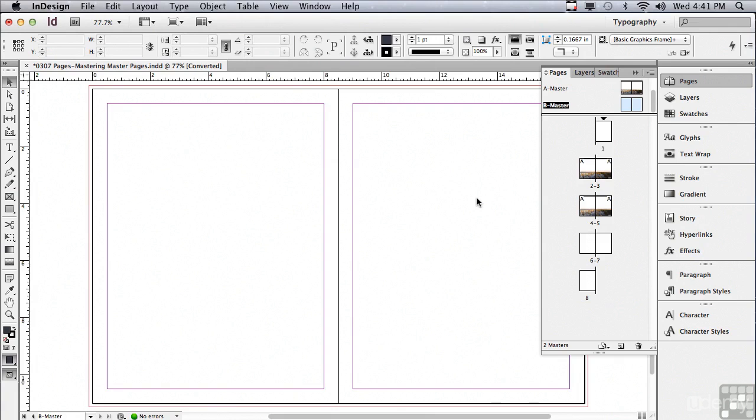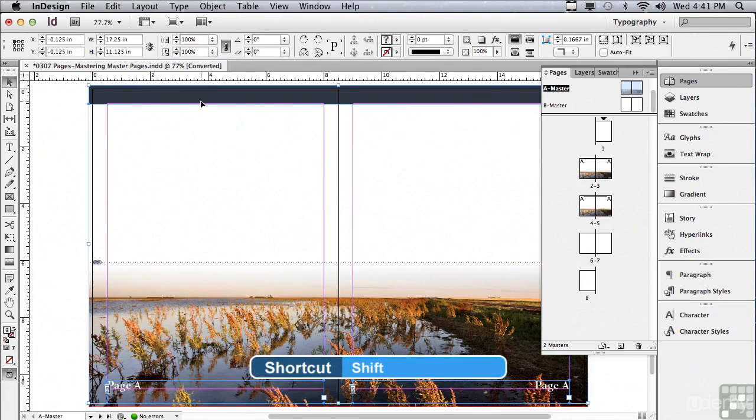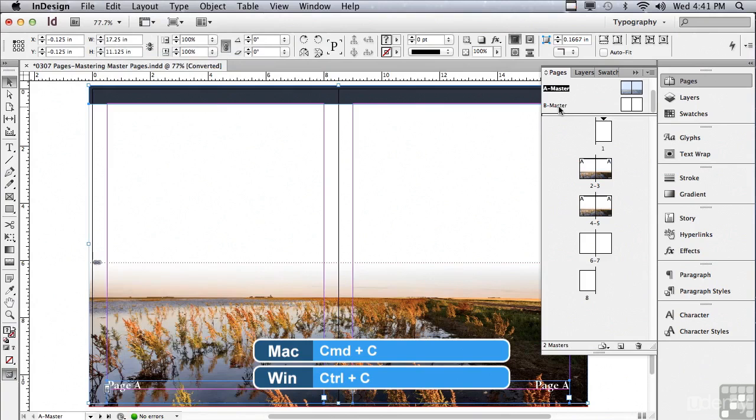But I'd like some of the elements from the other master. What I could do is double-click on A master, and what I'd like to copy are the page numbers. So let me do that. I'm just going to go to my Selection tool and then click on each one of these text frames. I also want to have this bar, but I'm going to use it in a slightly different way on the other master. So I'm going to shift-click on that purple bar, and then I'm just going to hit copy. I'm going to go to Edit, Copy, or Command or Control C. Now go back to my B master